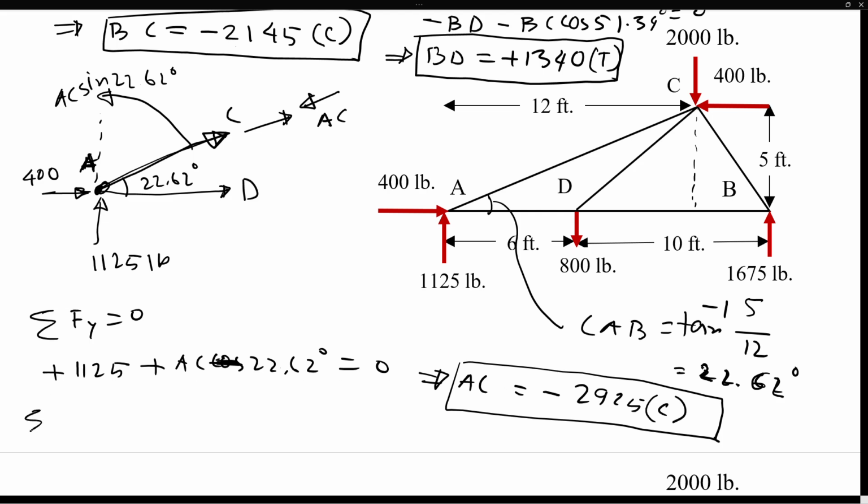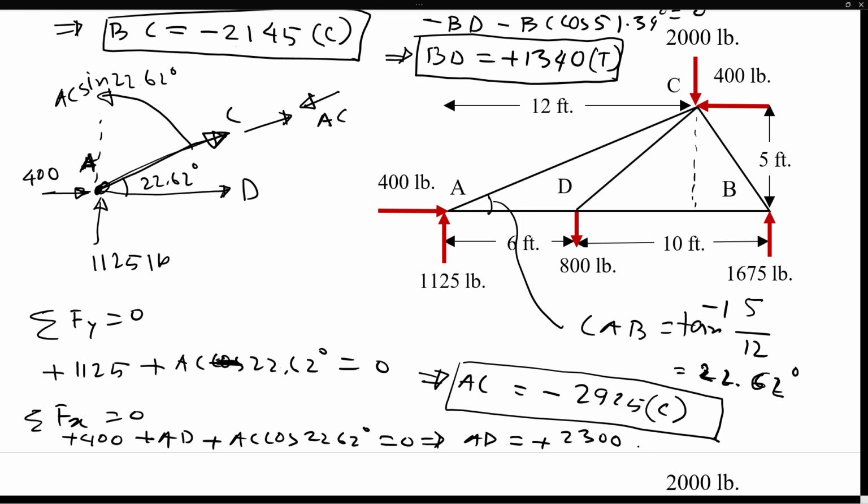Now we can do summation of Fx is equal to 0. That will give us the other unknown force, AD. So if you write that, you're going to have plus 400 to the right direction, then plus AD, then plus AC cosine 22.62 degree. Everything summed to 0. Then you find that AD is equal to positive